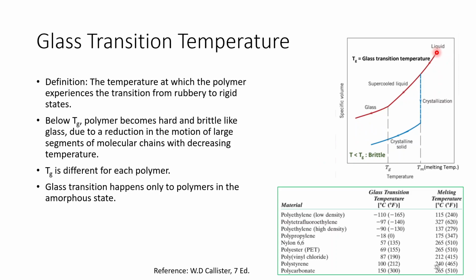Here, if you're cooling your liquid polymer very fast, then it is more likely to solidify in glass state, and if you cool it slower, then it will undergo crystallization and form a crystalline solid. And these are various polymers and their glass transition temperatures. If your glass transition temperature is negative, then it will have a flexible structure at room temperature, and if it is, for example, 100 degrees Celsius or so, then it will exist in brittle form.